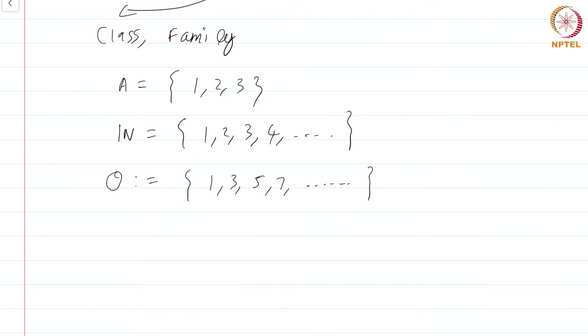Now one more thing you would have noticed: when I define this set O, the set of odd numbers, I put a colon equal to. Well, this is intentional. This is for consistency, let me just put it for the previous definitions also. What this means is that this means logical identity. Sorry, this does not mean logical identity.